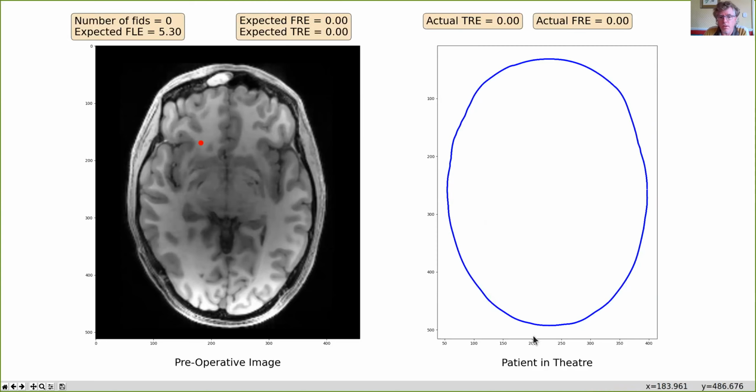All we can see in theatre is the outside of the patient's head. And what we do in image-guided surgery is take salient information from the preoperative image and show it in surgery. So specifically, we want to take this target point and show where it is on the in-theatre image. We do that, or one way to do that is with fiducial markers. So we can place little markers on the outside of the patient's skull that are visible in MRI and also visible and locatable with a pointer or something in theatre. And once we have sufficient markers, we can do an ordered point-based registration and match the preoperative image to the